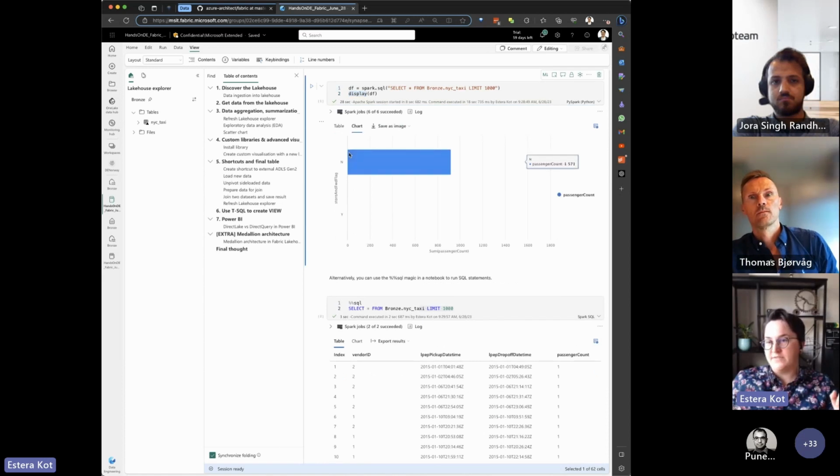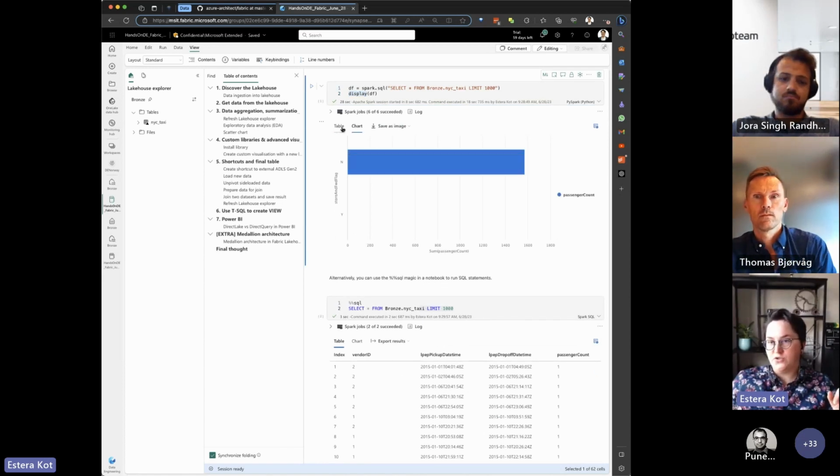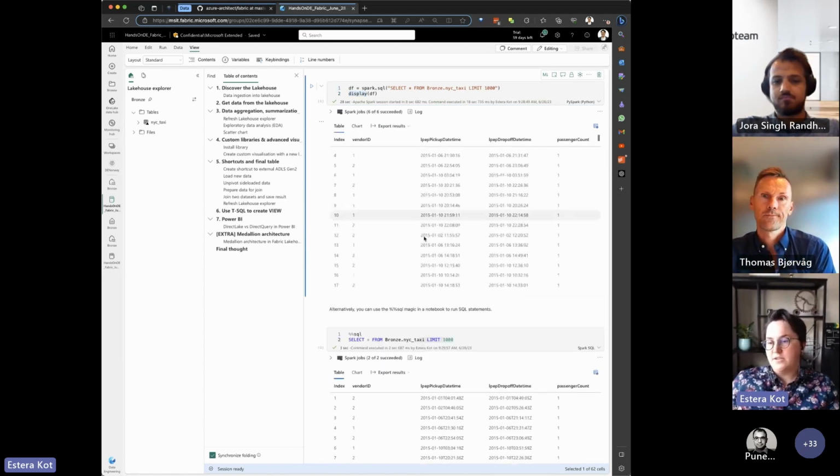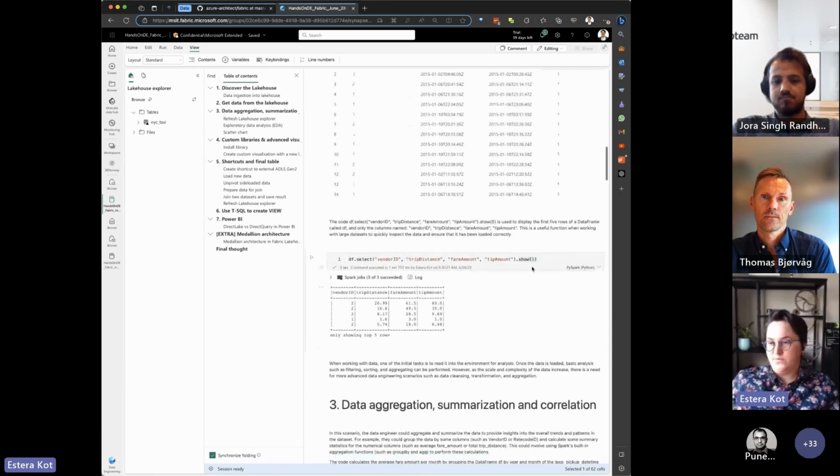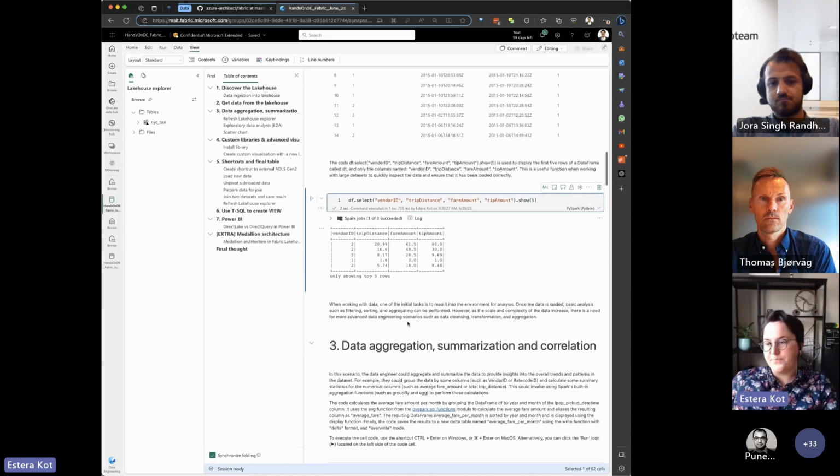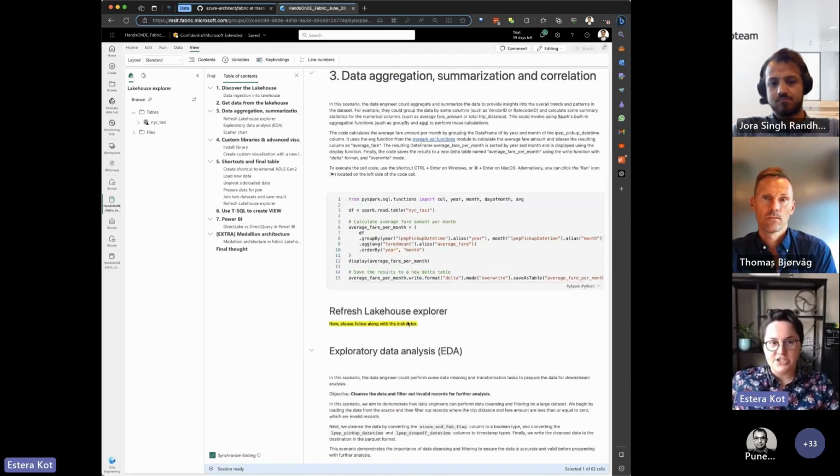With display, you have immediate access to the chart feature, and with show it's just to show the tables, the results. If you are dealing with massive amounts of data, it's always better to use show with limits, for less memory usage.